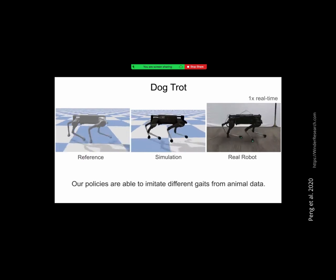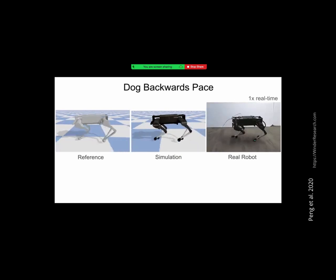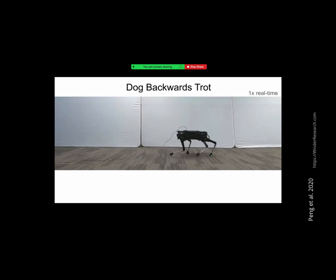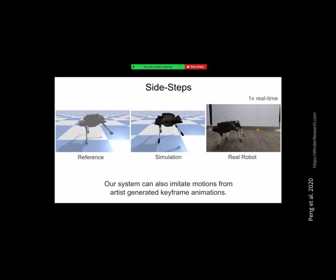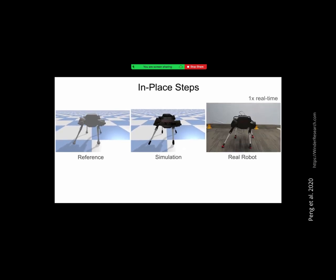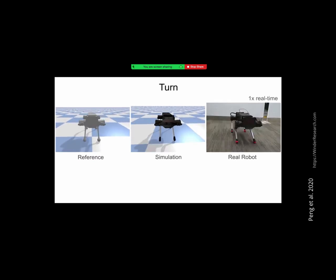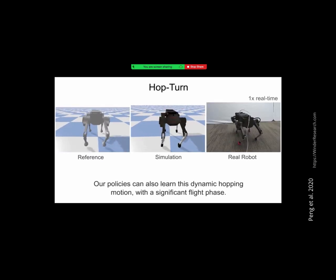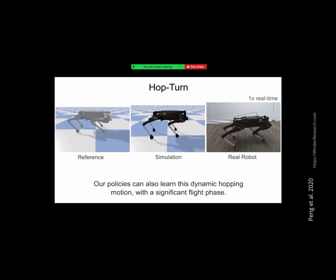All right, so let's just let that play now. I appreciate the frame rate's not very good for you. The whole idea is that designing some of these policies, designing some of these strategies to do things like have a backwards trot, like that was what that series of images were, is incredibly difficult to code by hand. It's even very difficult to use machine learning for because the actions that you have, which in this case is the movement of the motors, can have quite long-term effects. If you have a bad leg movement 10 seconds ago, that could cause you to fall over 10 seconds into the future. So you need to optimize and reinforce behaviors as opposed to having this one-shot, myopic view of